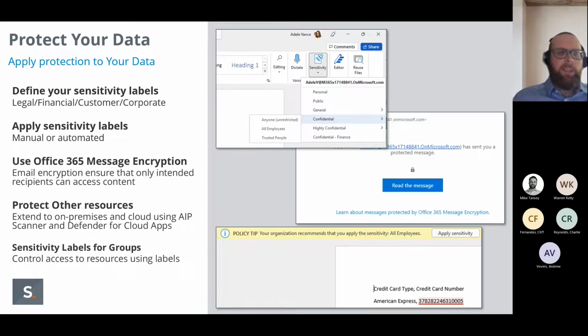One of the things that we must consider is how users apply labels to content. Now, there are two methods: manual, as you've already seen, and an automated approach. Now, a quick note about licensing. Automated labels are only available in E5. E3 organizations must use manual labeling. So if we go to Word